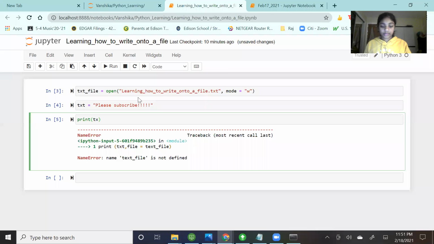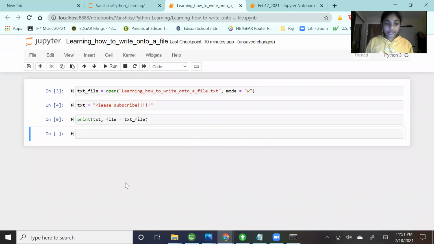All right, I found the wrong thing. So we're going to do text file equals txt underscore file. Now we can run it. There we go. Let's move on to the next step, which is basically, I think, closing the file, and then